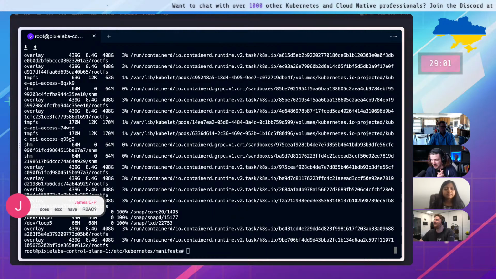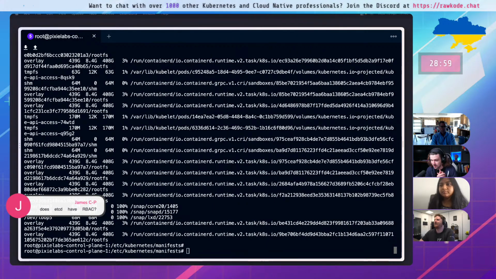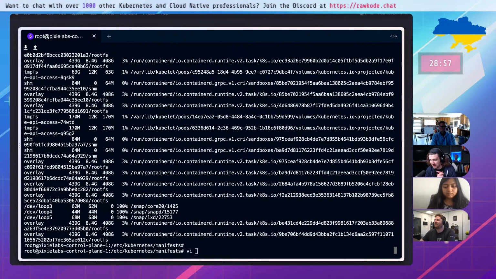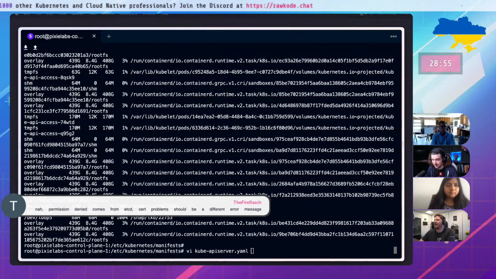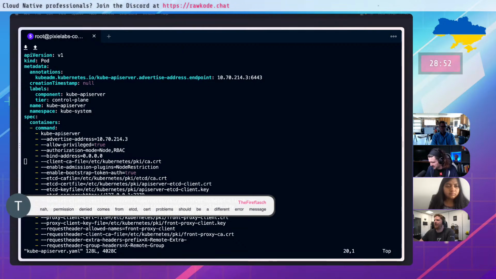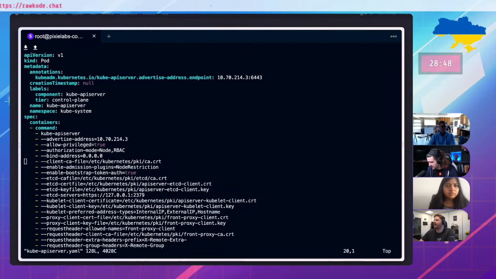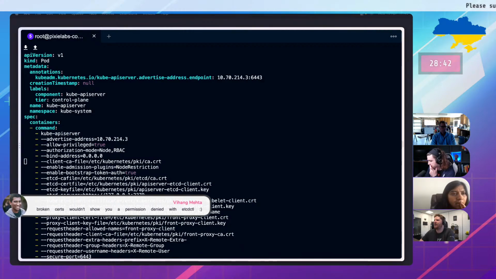Did we validate that it's actually going to the right endpoint? Oh, does etcd have RBAC? Kevin is also confirming that permission denied comes from etcd and it wouldn't be a cert issue. So definitely not certs. Yeah, lots of confirmation. Stop looking at certs.